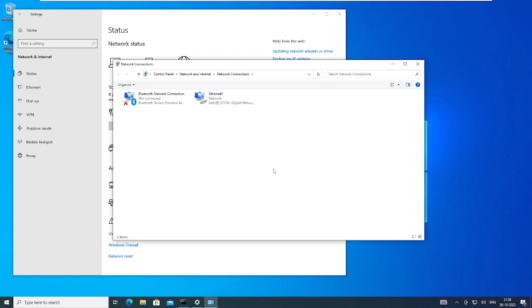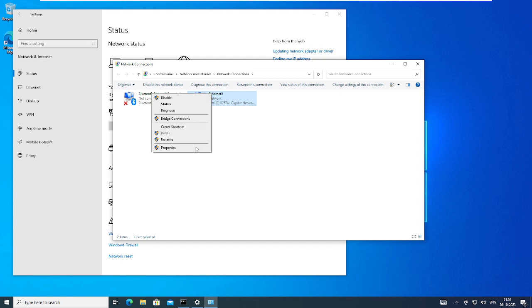The IP address is stored in the network interface card of the computer. This is my network interface card. There are two network interface cards here. One is for Bluetooth, another one is for Wi-Fi or Ethernet. Let me click on the Ethernet because it is connected now. The other has an X mark, so it is not connected. If there is no X mark, that means it is connected. Okay, here it is connected. Let me go to the properties,